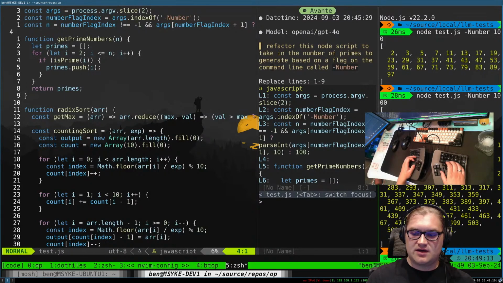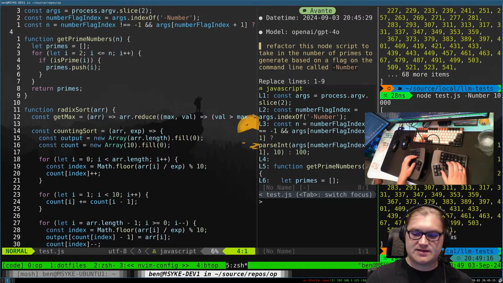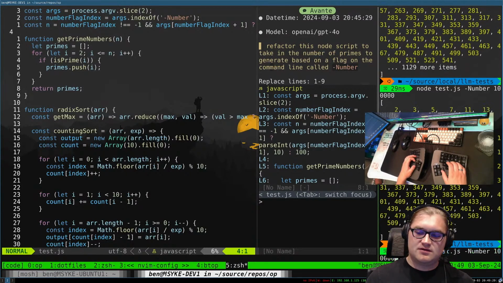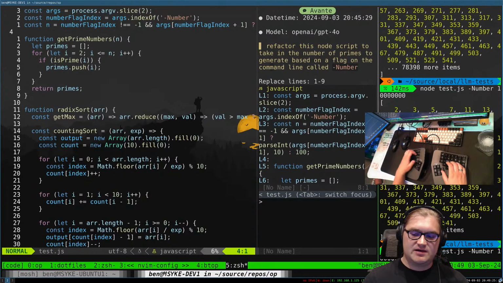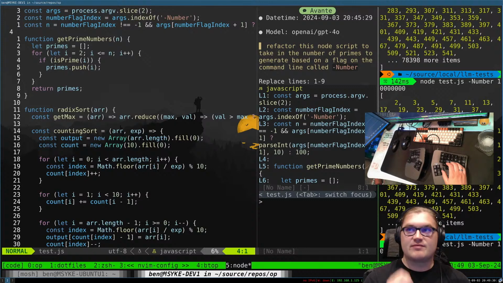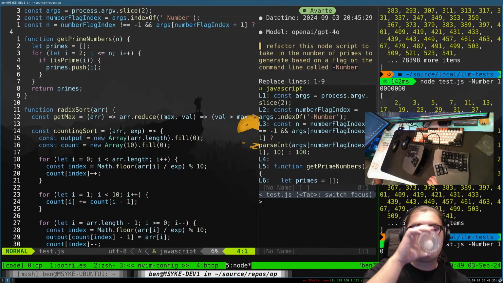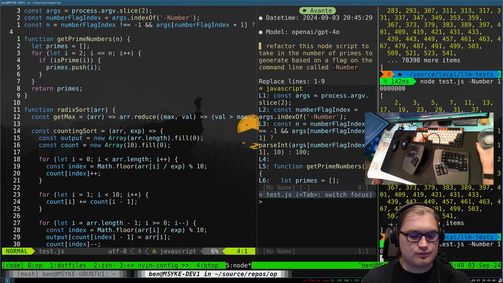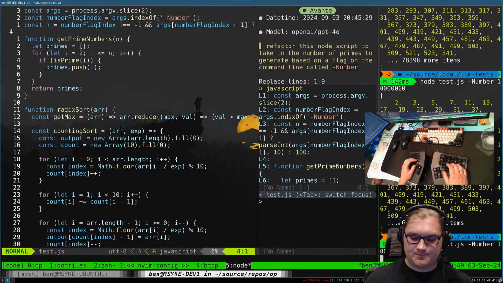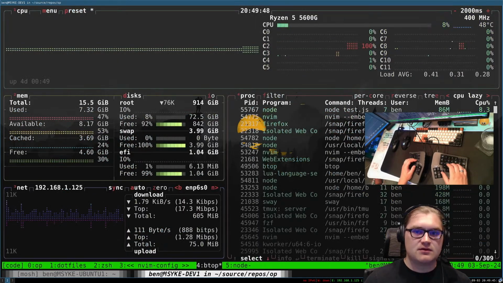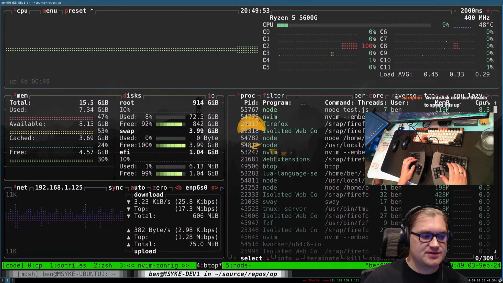1000. And then I can really make my CPU sweat and say 10,000. It should really be slowing down at some point. There we go. Yeah, that'll take a minute. A factor of 10. That's a lot of primes. I doubt there's much CPU load on that. It's one core. You know, that's pretty good. 100% utilization on